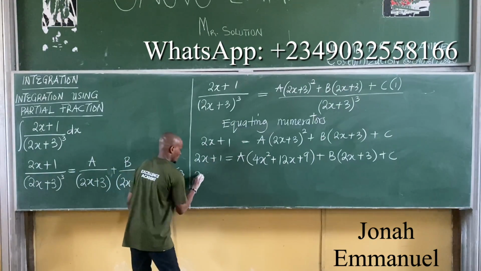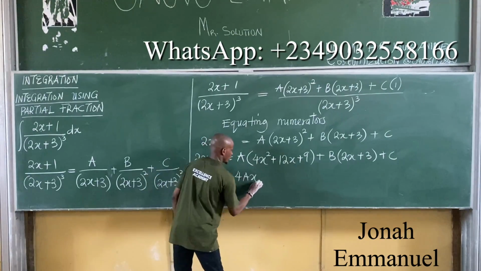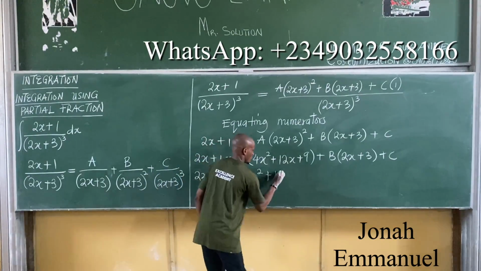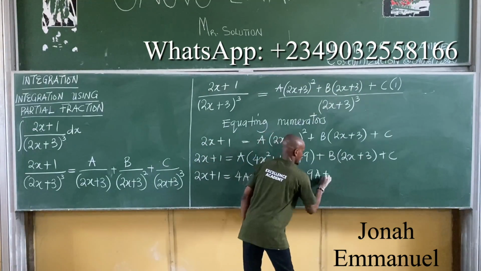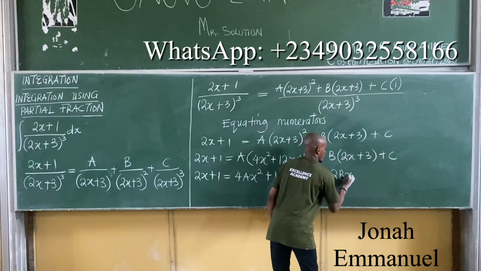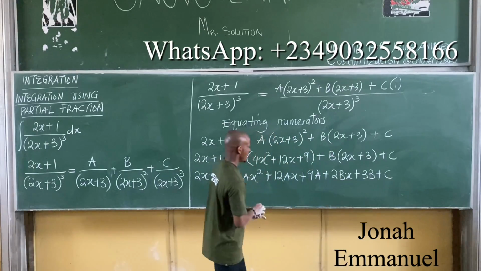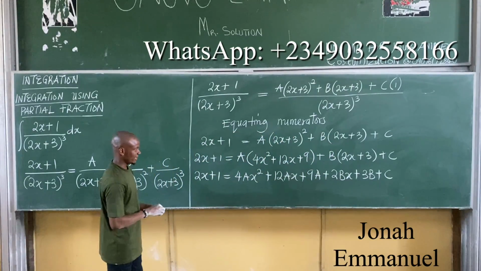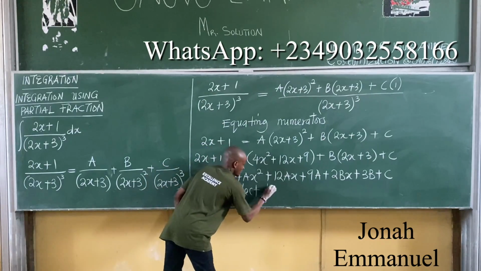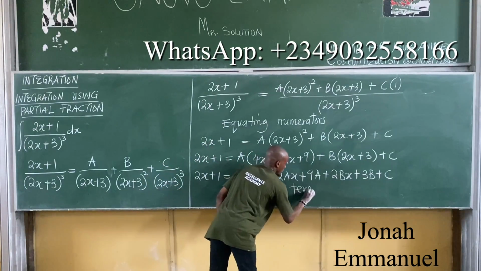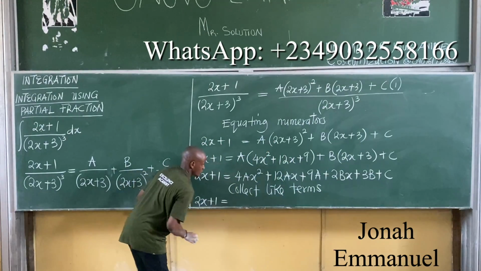Expand. What do I get here? 2x plus 1 is equal to this: 4ax squared plus this and this, 12ax plus this and this, 9a plus this and this, 2bx plus this and this, 3b plus c. At this point now, collect like terms. Okay? Collect like terms. So I have that 2x plus 1 is equal to